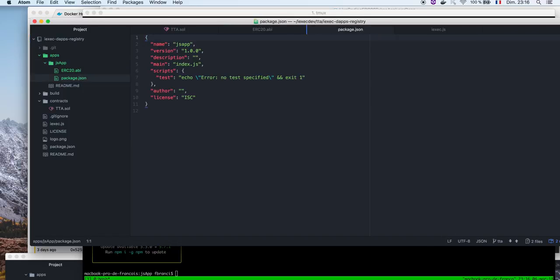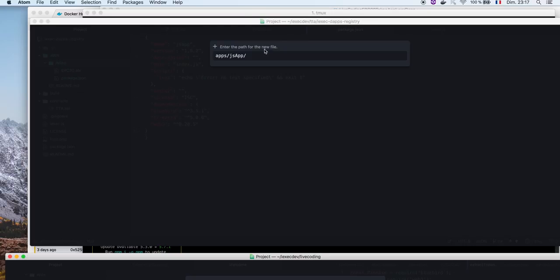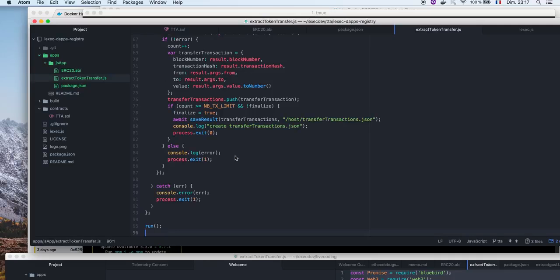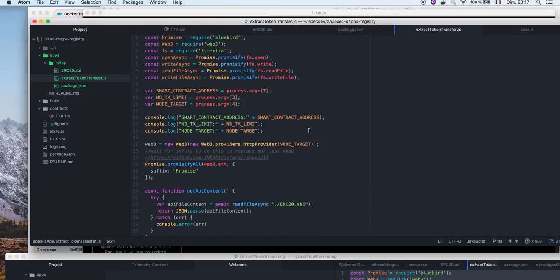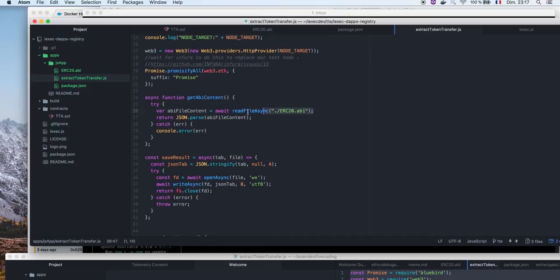And in this JS project, we will need some dependencies. Then I will create a simple file, extractTokenTransfer.js, and this JavaScript will be like this. It will take a smart contract address, transaction limit to analyze, a node to target, and basically it loads the API,